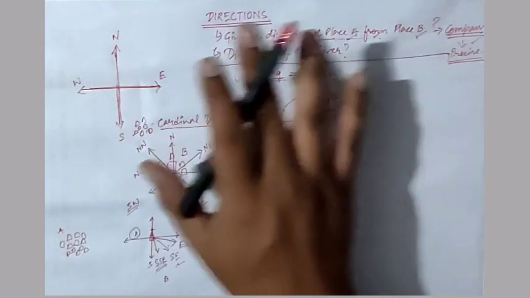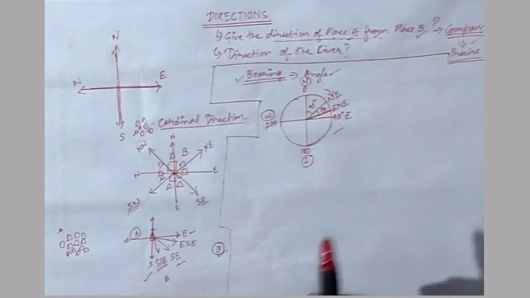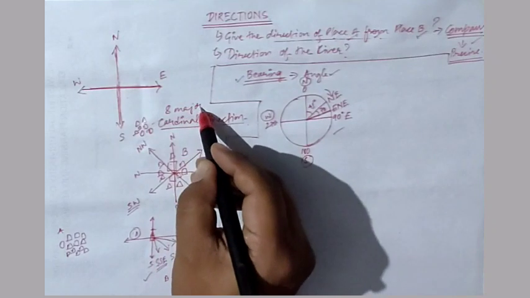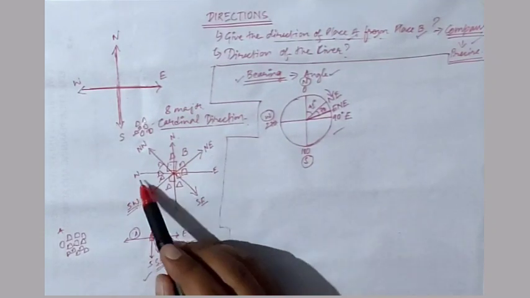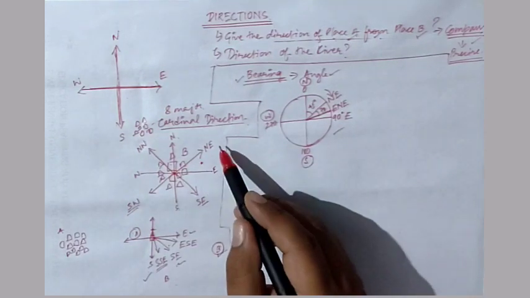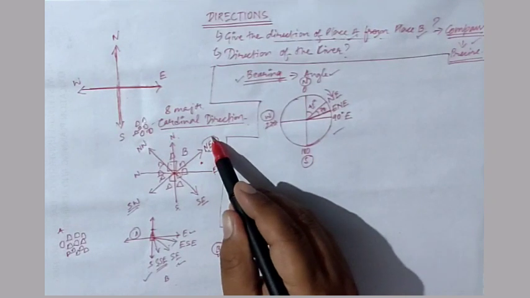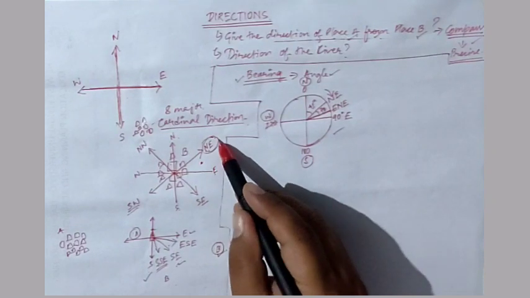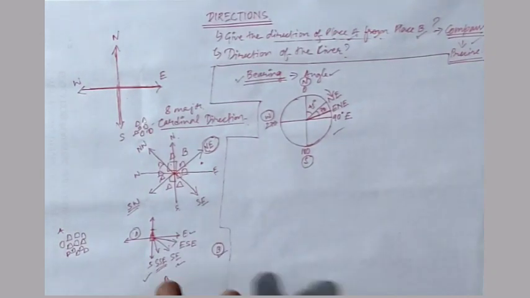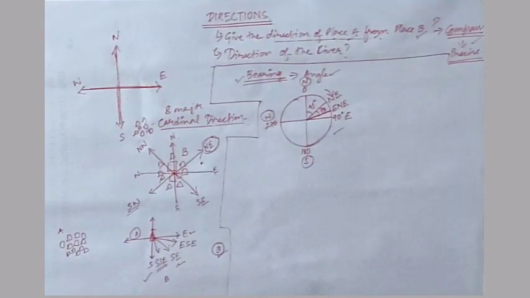But according to the latest syllabus, we don't have to focus on any other, neither this nor this. We just have to focus on these 8 major cardinal directions: north, south, east, west, northeast, southeast, southwest, northwest. Wherever it falls, if it is between east and northeast, simply give northeast, you will get the marks. You don't have to be very precise like east northeast. According to our syllabus, you just need to focus on the 8 major cardinal directions.